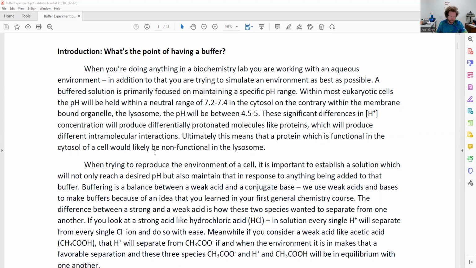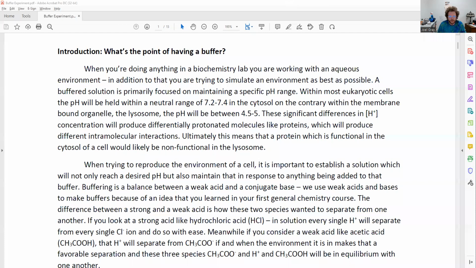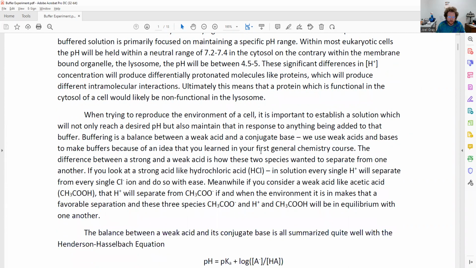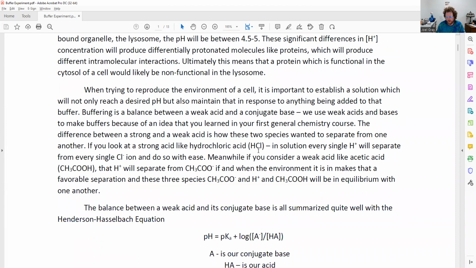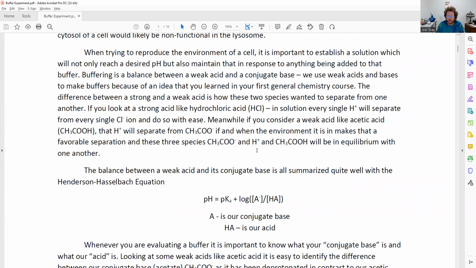So whenever you're preparing a buffer, your components are a weak acid and a strong base, and therefore what you're basically putting in balance with one another is the acid form of something and the conjugate base. As I go through this, one of the first things that we look at is the Henderson-Hasselbalch equation,